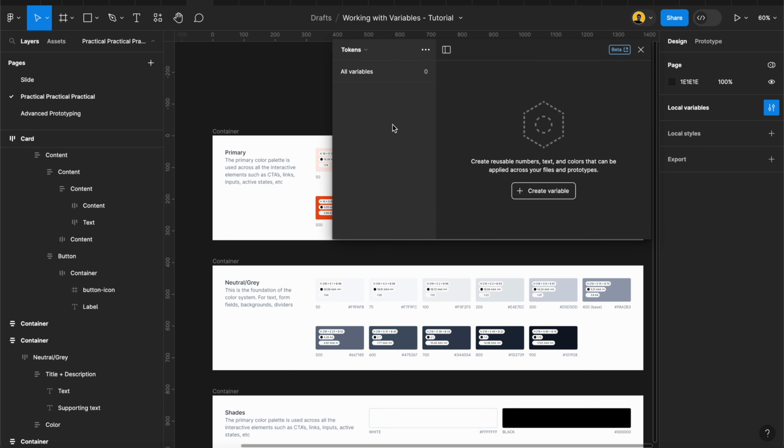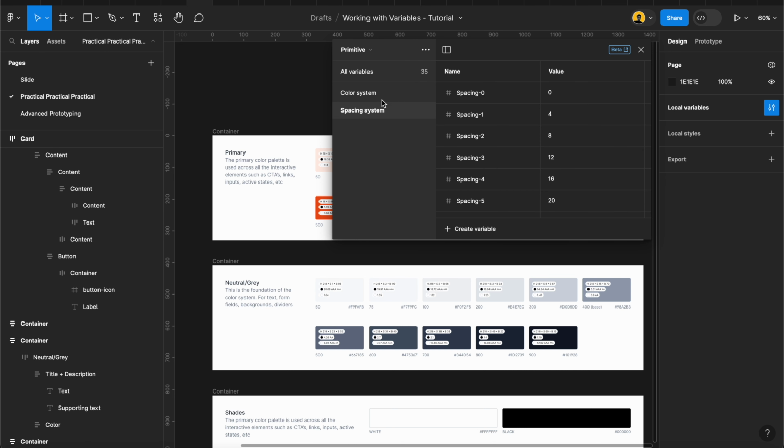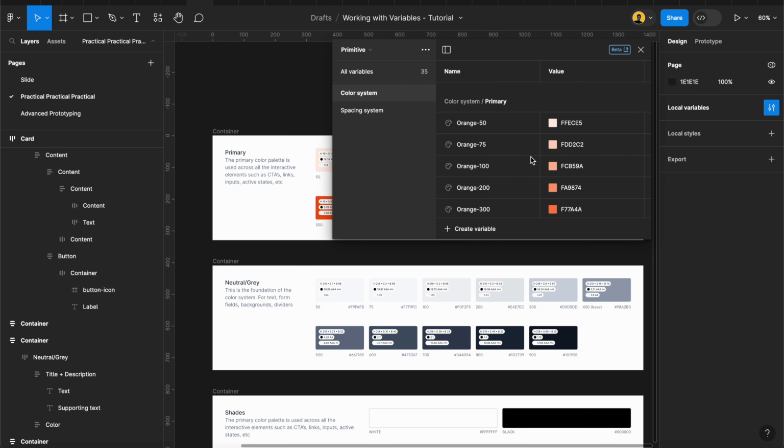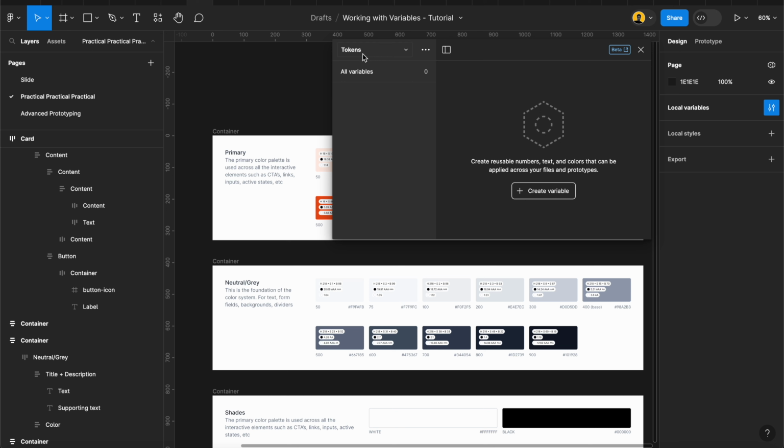So yeah, what we want to do is, when we create our variable in the token, we want to reference it back to our primitive. So the primitive here, this is the raw value, right? This is where we can now make changes, and it's going to update across everywhere we've linked it in our design token. So now we want to start again by creating our color,